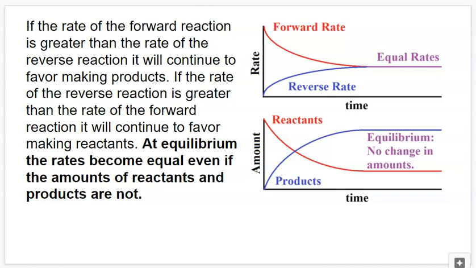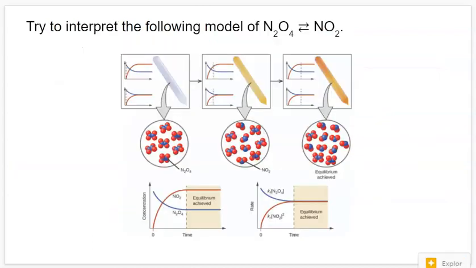And in general, if the rate of the forward reaction is greater than the rate of the reverse reaction, it will continue to favor making products. That's kind of like this part of the graph. And if the rate of the reverse reaction is greater than the rate of the forward reaction, it'll continue to make reactants, which would be sort of like a backwards version of this. And at equilibrium, the rates become equal, even if the amounts of reactants and products are not, which we've shown a couple times now. So let's try to interpret this following model of N2O4, dinitrogen tetroxide, in a reversible reaction